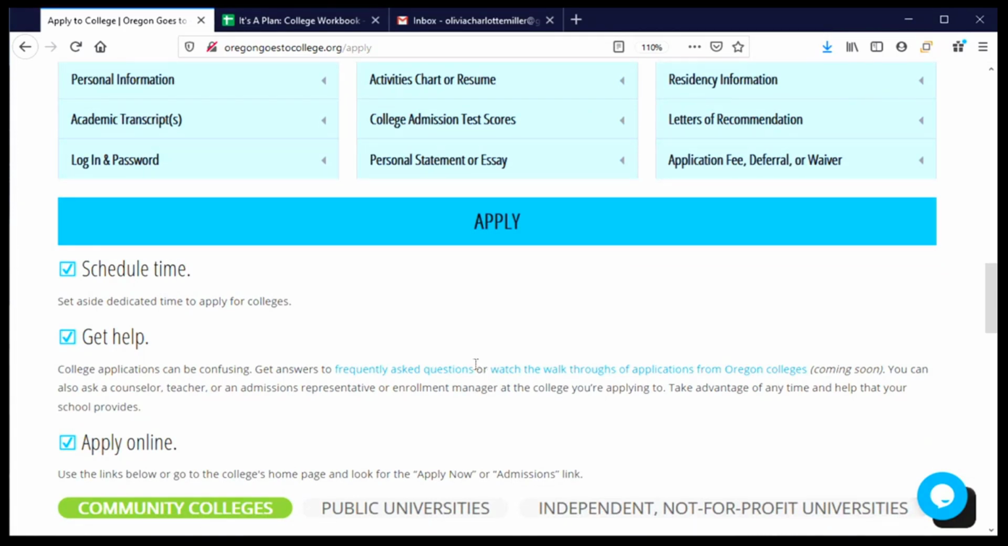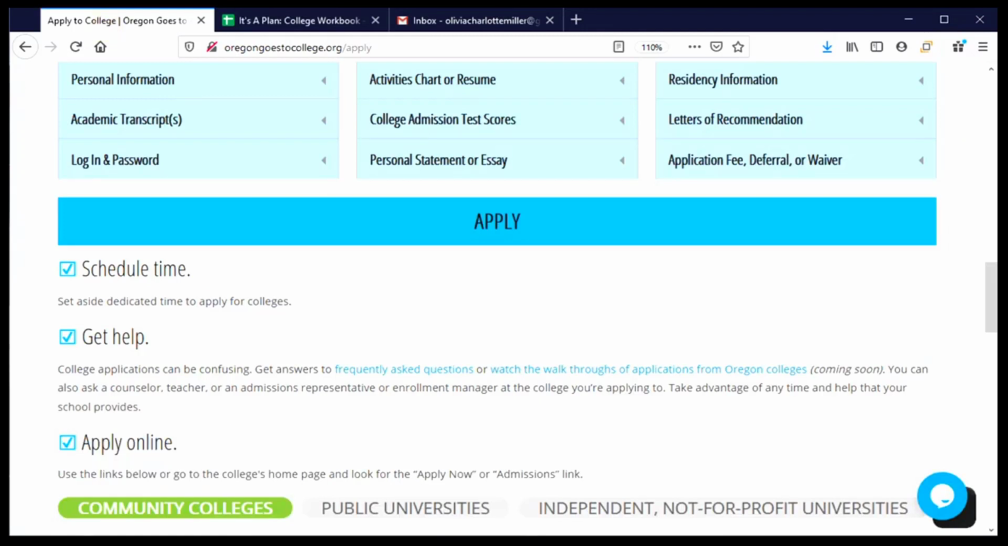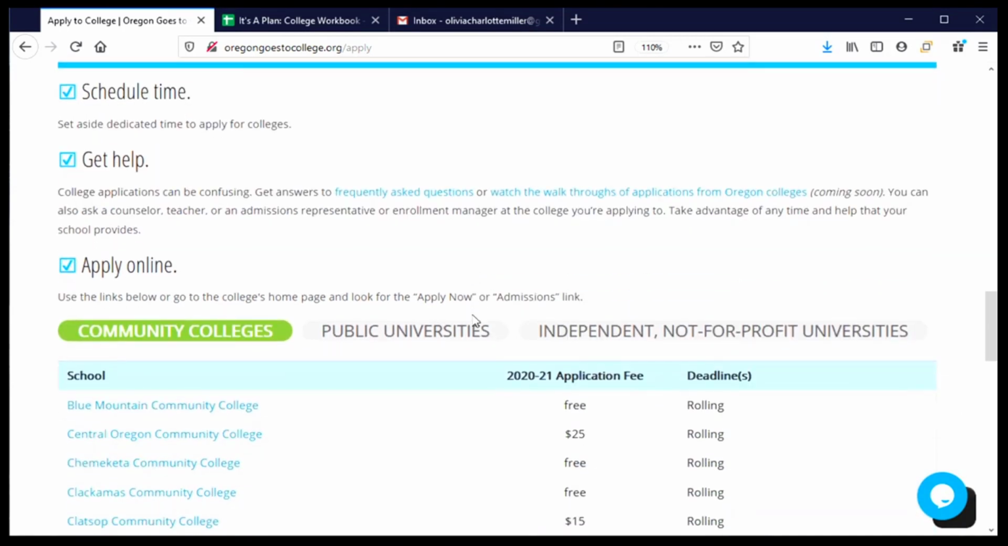I've gathered all the materials that I need, and that includes having my It's a Plan College workbook pulled up as a tab. This has some information about myself that I might not have memorized, but I know will be necessary for my application. You may have your own It's a Plan College workbook. You might have downloaded the It's a Plan app for your phone, or you might have this information in a folder or a binder. However you've got it, make sure that you have it sitting with you, and then scroll